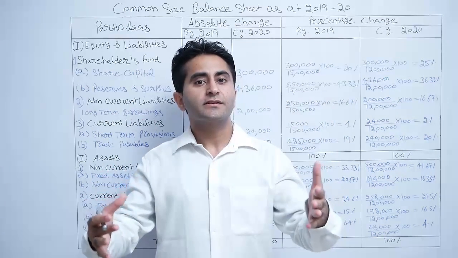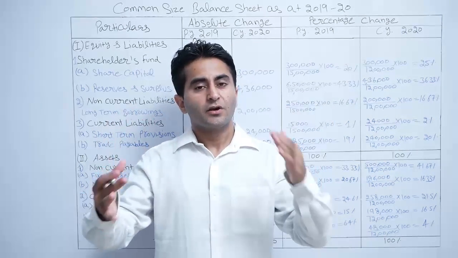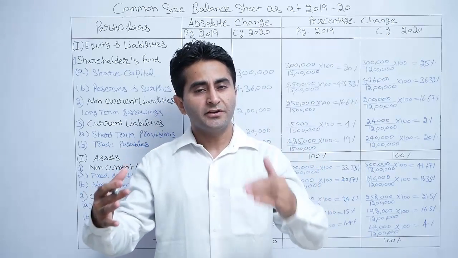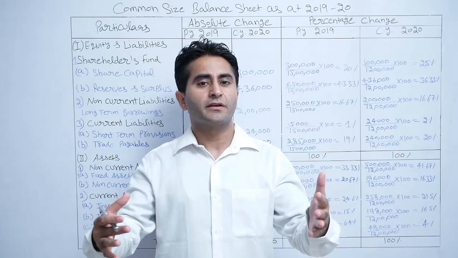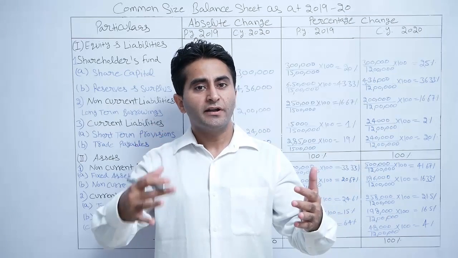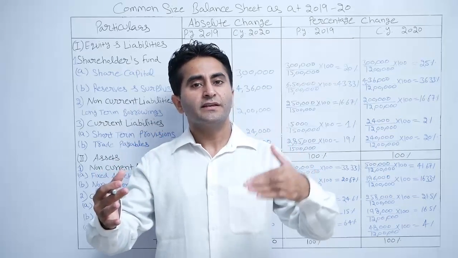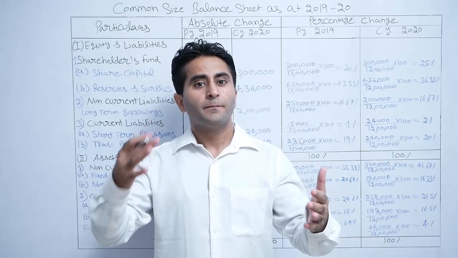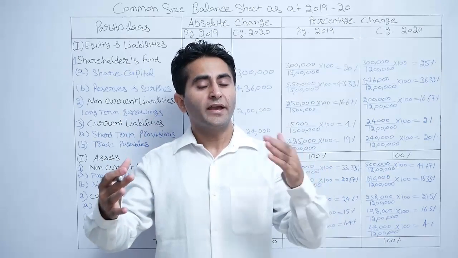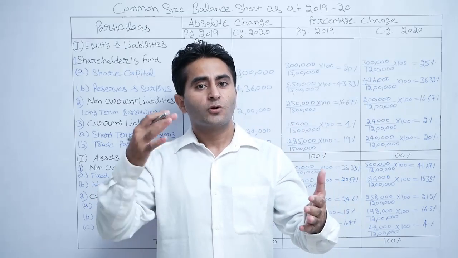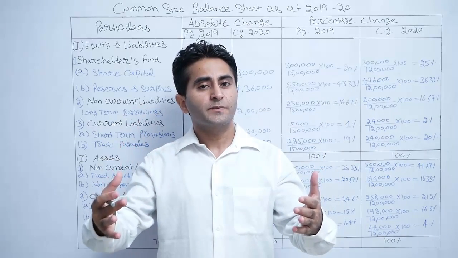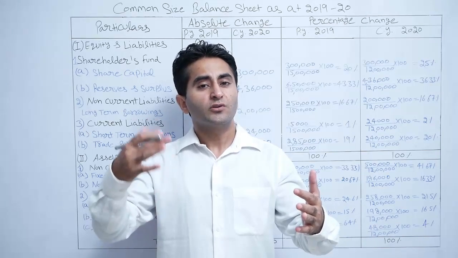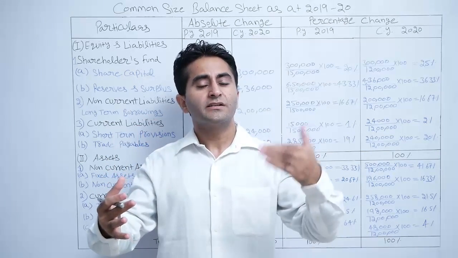Today we are discussing common size statement. Common size statement is a form of analysis and interpretation of financial statement. It is also known as vertical analysis. Common size statements are not any kind of financial ratio but rather an easy way to express financial statements. They are always expressed in the form of percentage and therefore it is also called a 100% statement.